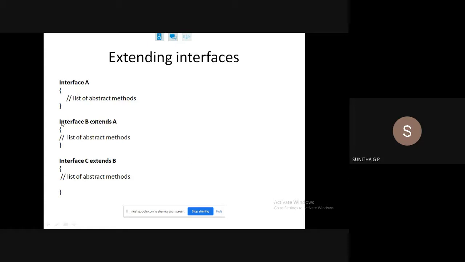Next, interface B extends A. So it shares all the components of A. Along with that, it can have its own abstract methods and variables, and this can go to any level. Interface C extends B, so that it gets all the components of A and B. Or I can say interface C extends B, A. If interface A and interface B are individual, I can have interface C extends A, B. This is just like inheriting classes.